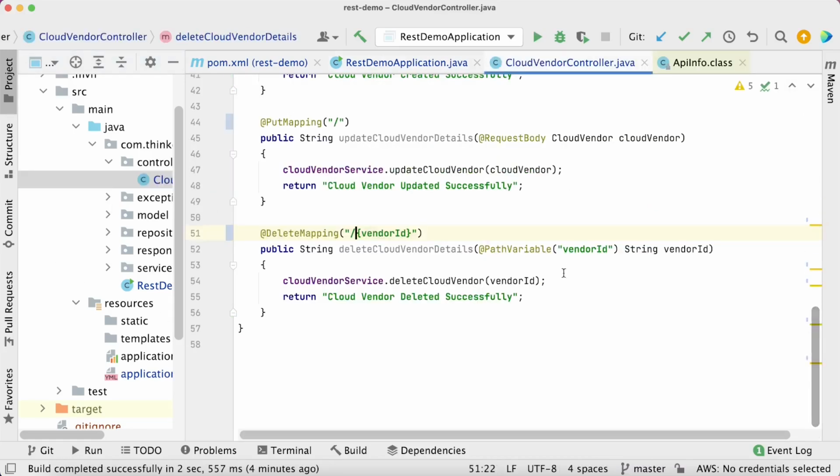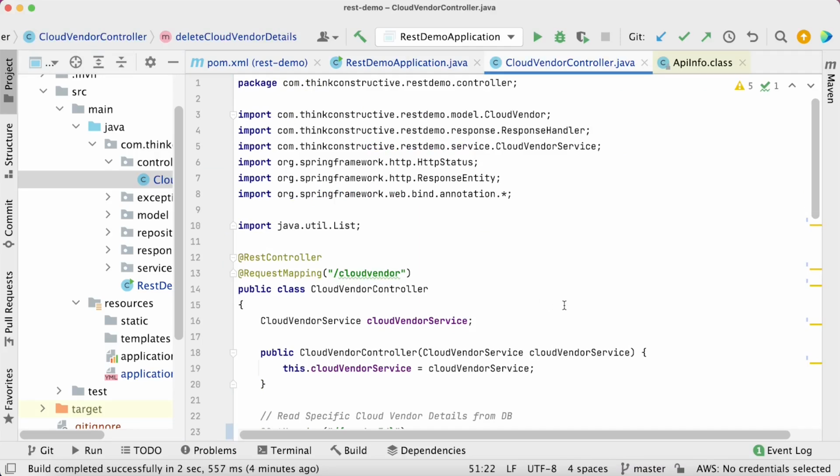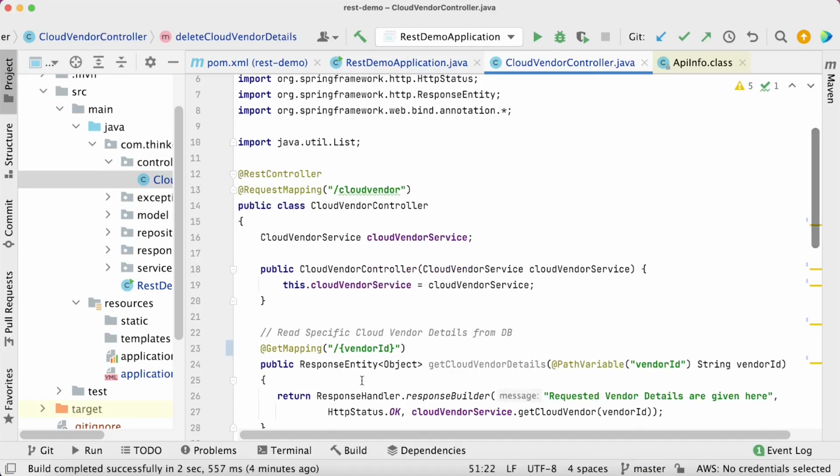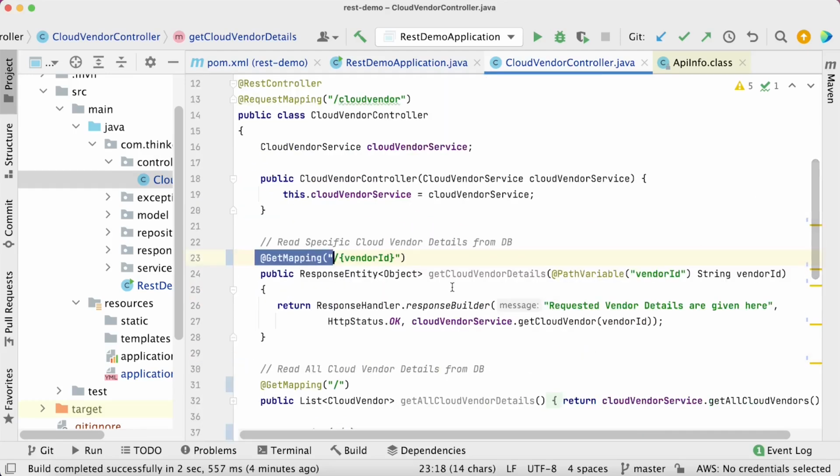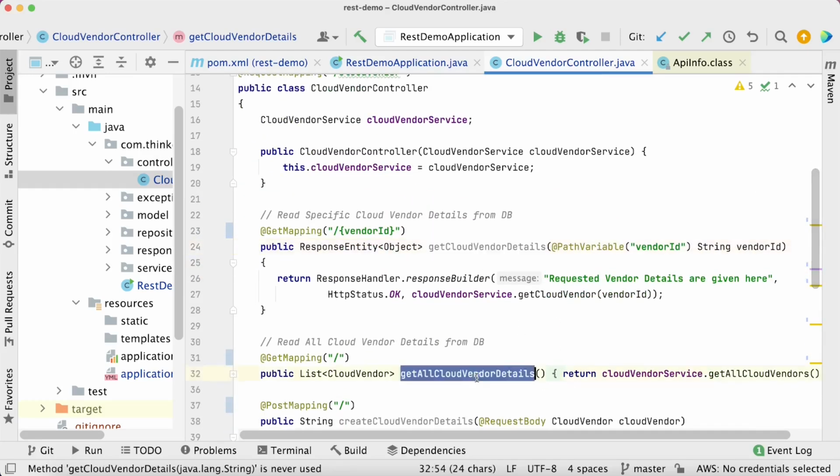Fine. Now I'll open my controller layer and will show you certain steps here. Currently what we have seen, get all, so it was written as get mapping or get all mapping, basically on the basis of this method name, the details we were able to see. But if I want to make it more explanatory, if someone opens that Swagger UI, they should be able to explicitly understand in more detail what this get mapping or /vendorId is doing.